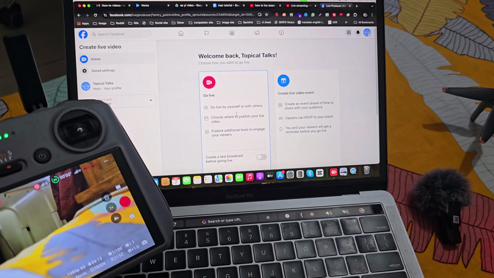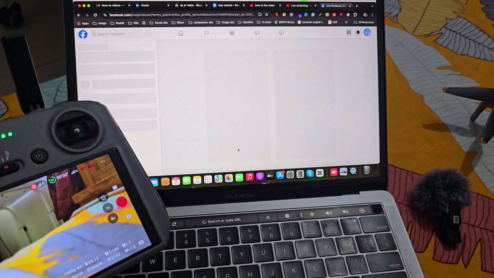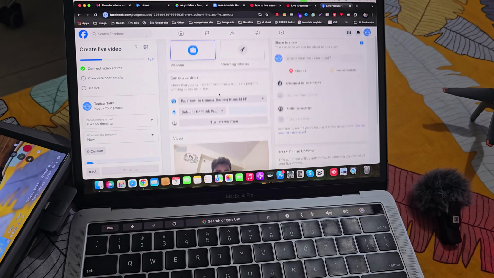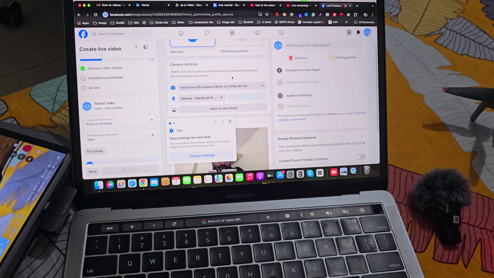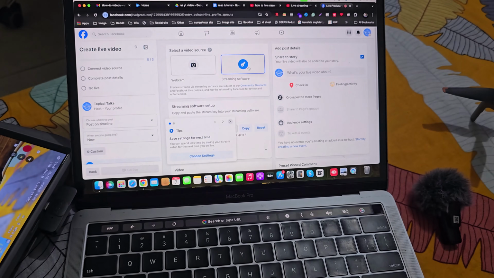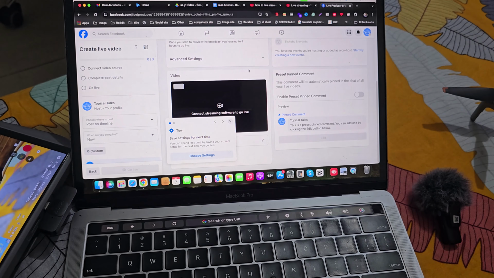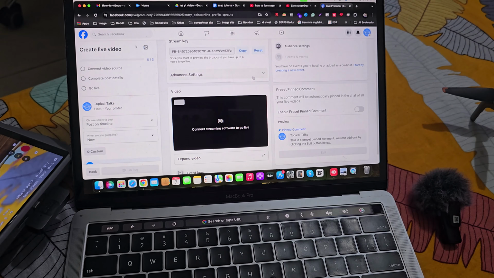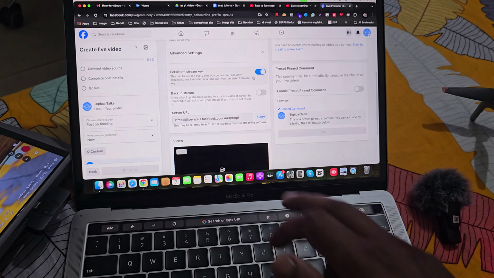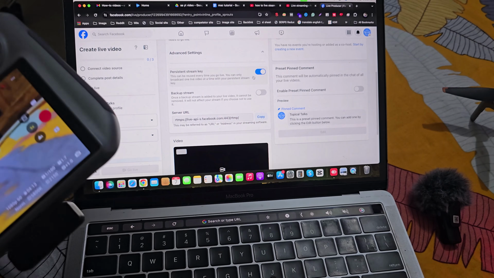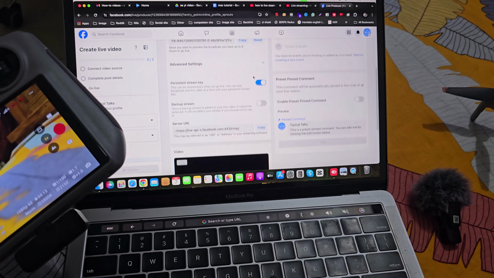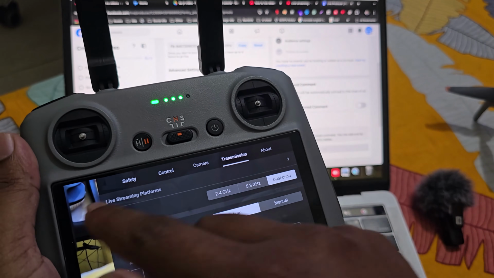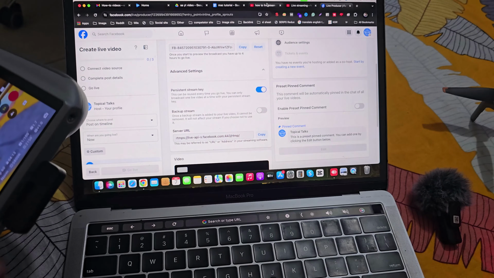the live video option, then press on Go Live, and you have to select the Streaming software, this one, and scroll down, and then you can see the advanced settings, this one, and then you can see the server URL. You have to copy it and paste it into your DJI RC transmission area as I wrote before, and then you have to enter the